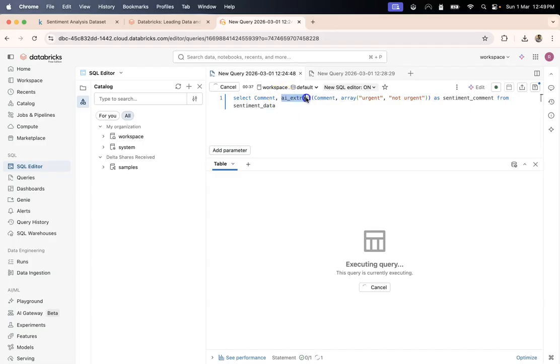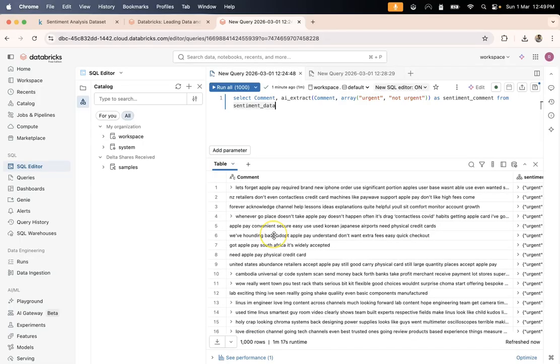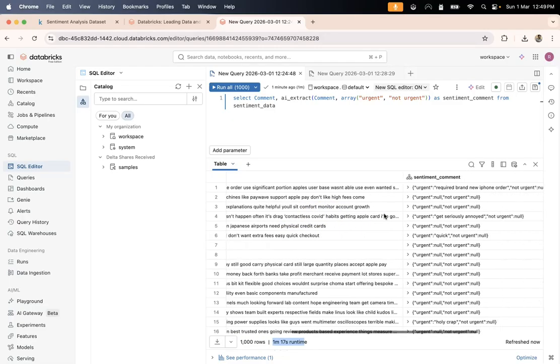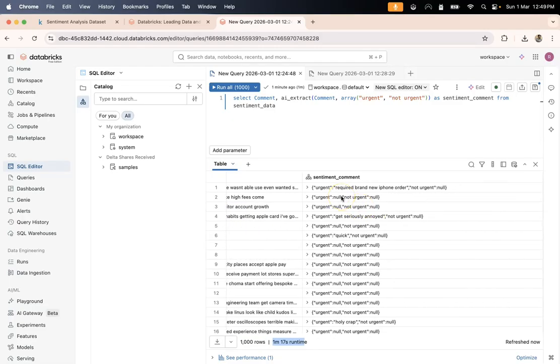Because for classification, Databricks might have optimized certain things. Let me pause this video, because I don't want you to wait unnecessarily. Okay, it ran completely in 1 minute 17 seconds. But see what it has extracted. Now let's try to understand what happens when we call AI extract using two arguments inside the array.